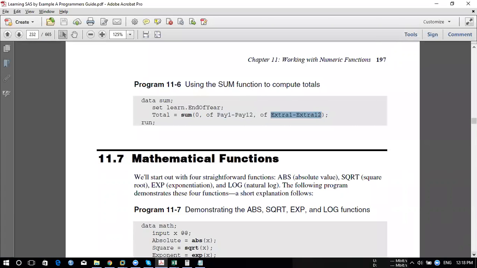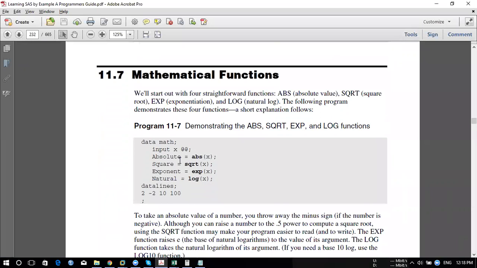Okay. Now here we have a few functions, nothing but your absolute. If a number is negative, it will convert into positive, so when you apply absolute, it will always give you a positive result. Square root functions, exponential functions, and log functions are all functions only. Whenever you require a log function, we have different types of log, so you can use log base 10 or log base 2 or something else. This is all the calculation part.